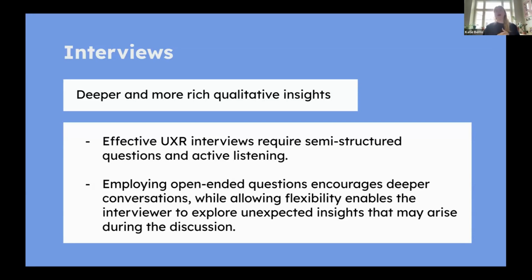So this could be a matter of asking somebody, describe your work process when you're trying to achieve X, and then they focus on what they're actually doing, their current practices, and not necessarily in relation to your service. But you can get insights into what they do already and start to understand how your service might fit into that, for example. So that could be opening questions. You're starting on a more general level, focusing on what they're doing at the moment. And then later you might focus a bit more on the features of your service and how that can integrate in.